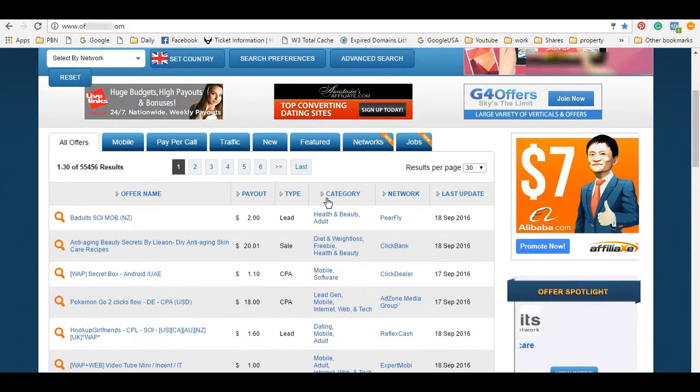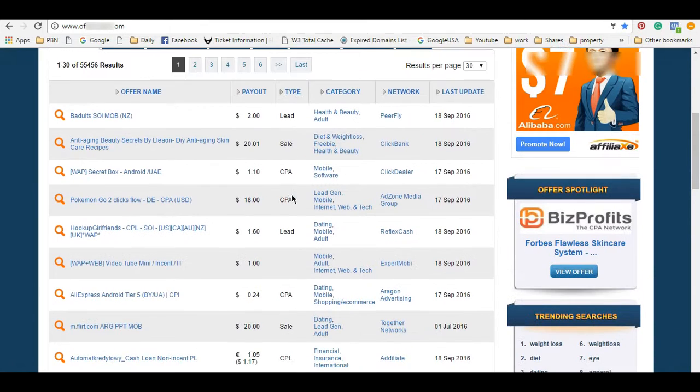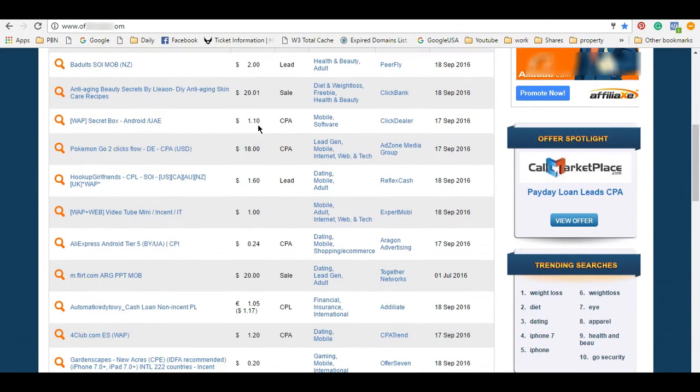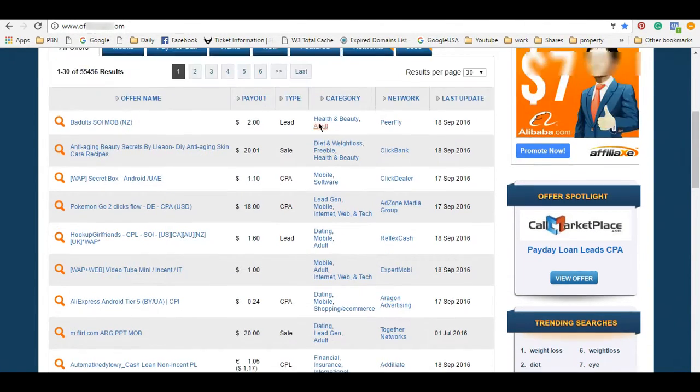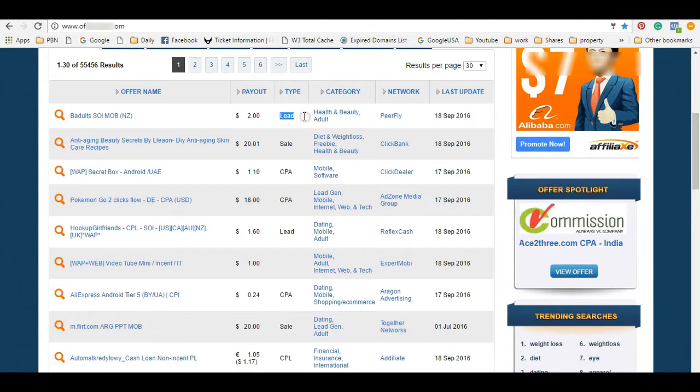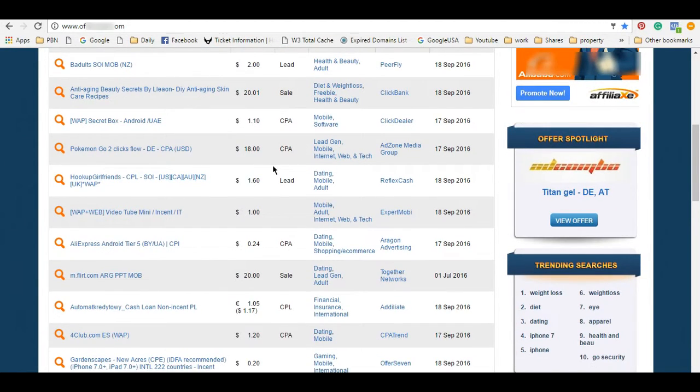But once you're actually logged in, you can search by, if it's a lead, obviously it would mean that they would need to put in some information. If it's a sale, they obviously need to buy. So ClickBank is buy. Generally speaking, you're not going to make any money unless they buy anything. But with OfferVault, if it's a lead, they put in information, a sale is obviously if they spend money.